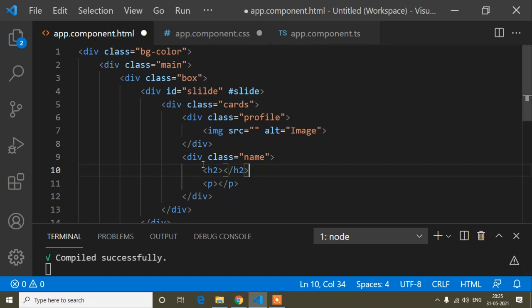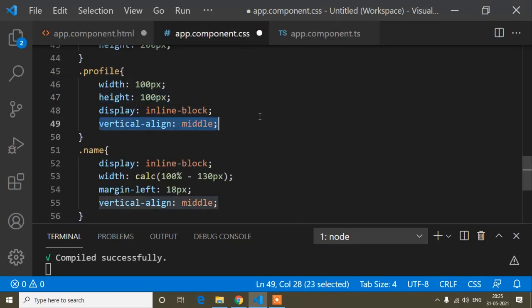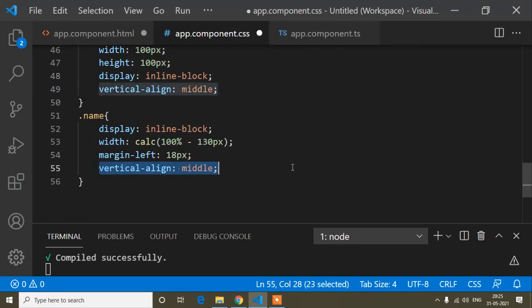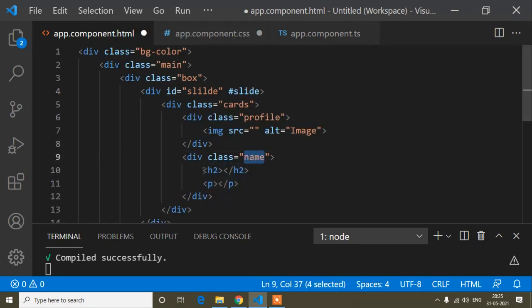So this name div's content may not be 100 pixels in height, so that time it will be in the middle. That's why I have written vertical align is middle here, and also here.